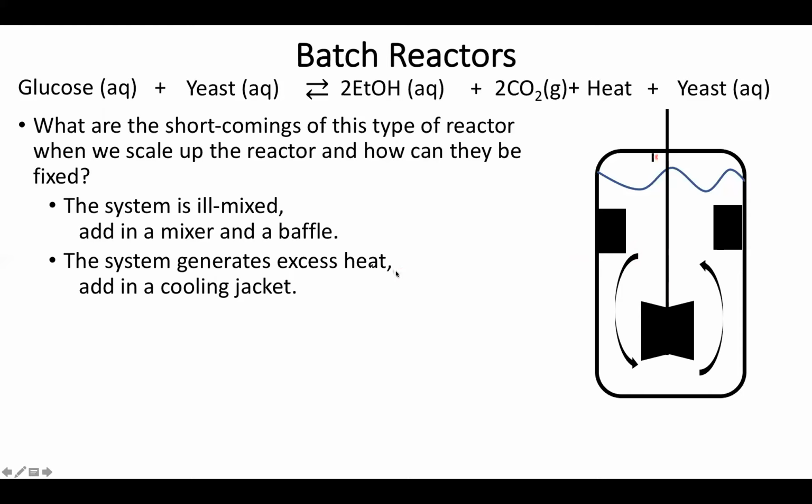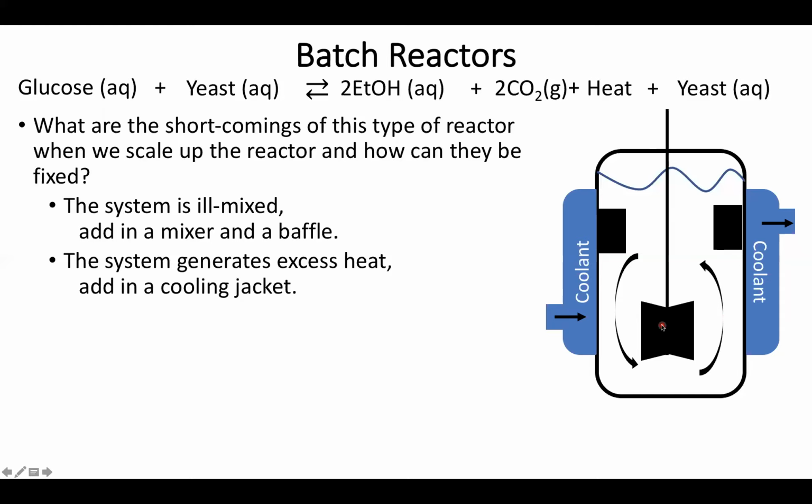So for that case, we have to deal with this extra heat. And the typical answer here is I add in a cooling jacket. You'll actually see this in a lot of industrial scale fermenters: some sort of cooling jacket to help increase this loss of heat and keep my system from overheating